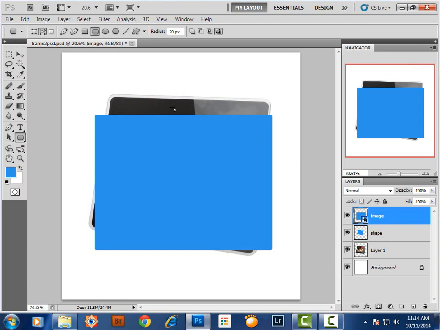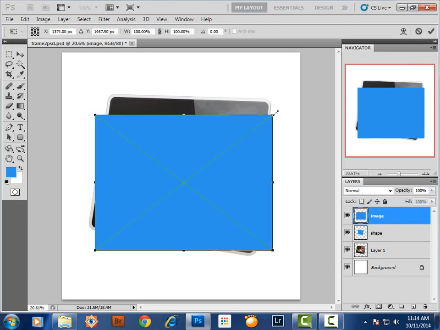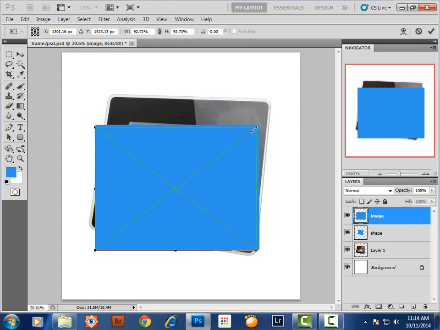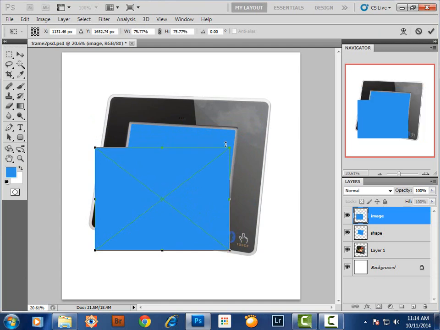Now we need to resize and rotate our image layer. So free transform, Control T, hold down the Shift key. Remember, whenever you're making a size change, you always want to hold down that Shift key and make sure you're holding down Shift. Next, I'm going to rotate the image, and you'll notice when my cursor is in the corner